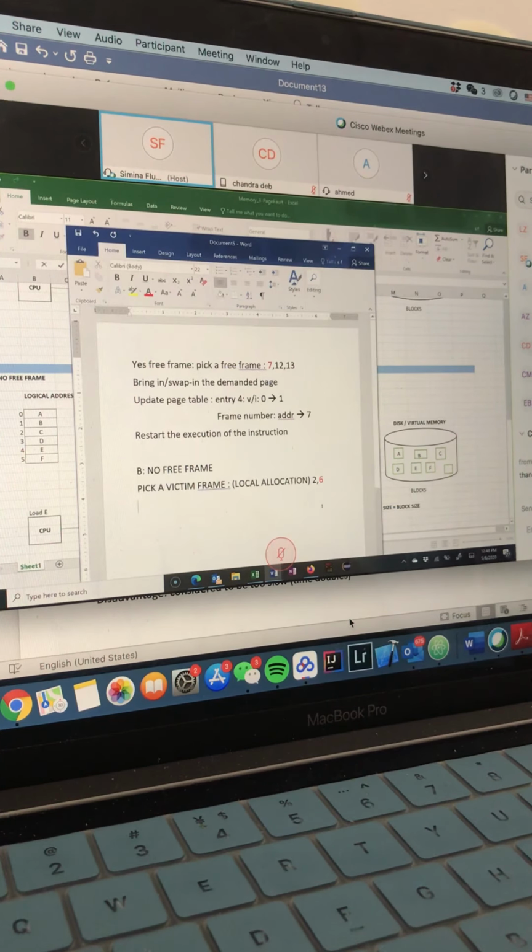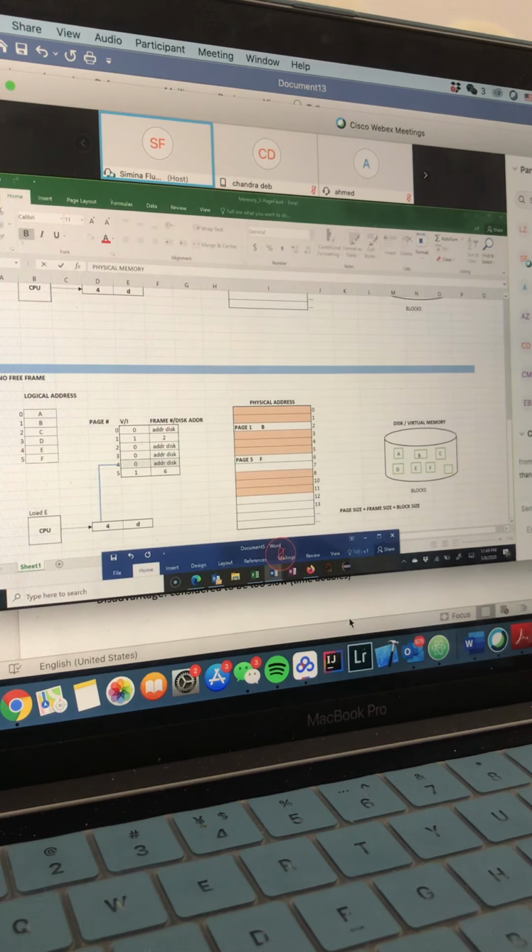So I'm gonna say here, save victim frame or swap out the content.